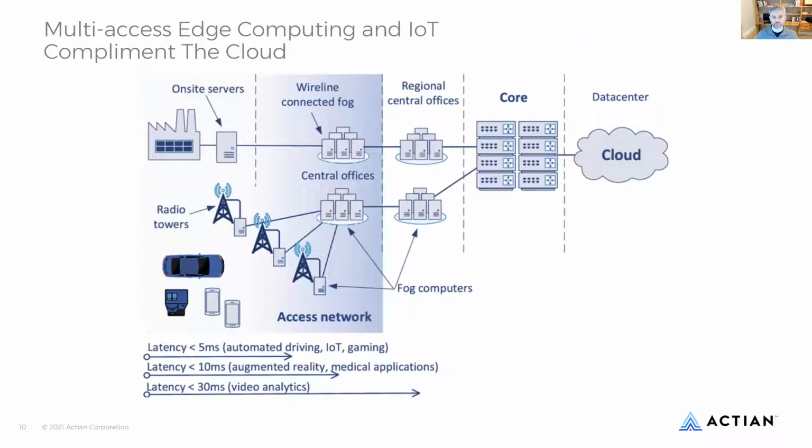So let's take a quick look at 2 of the driving forces behind the growth in data processing at the edge and the network edge and multi-access computing. First being latency. When you have latency sensitive applications at the edge, moving data processing to the cloud could lead to usability and accuracy issues. If, for instance, latency goes above 5 milliseconds, you will start to see disruptions in automated driving, IoT, and in gaming. Latency above 10 milliseconds will disrupt augmented reality and medical applications, and latency above 30 will